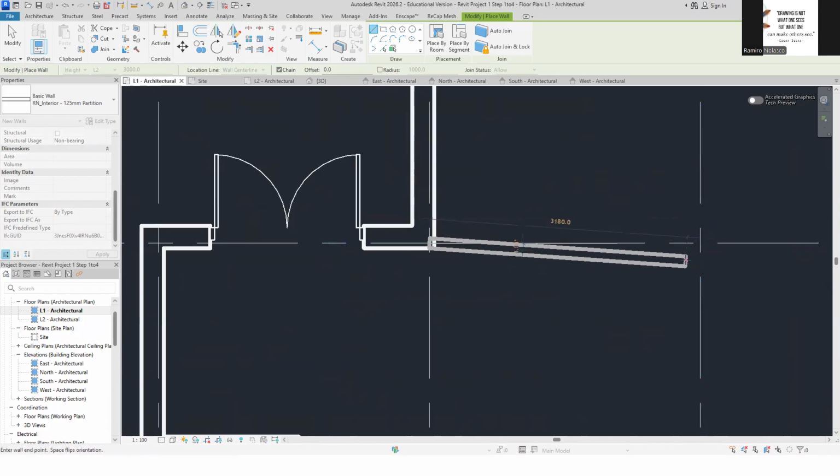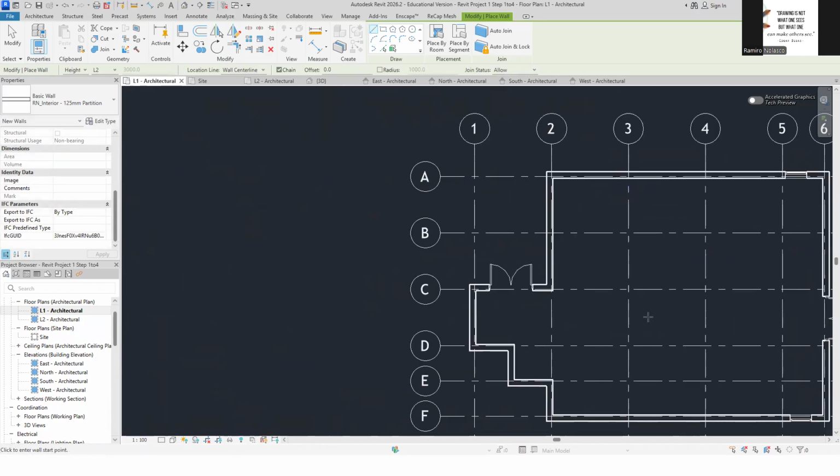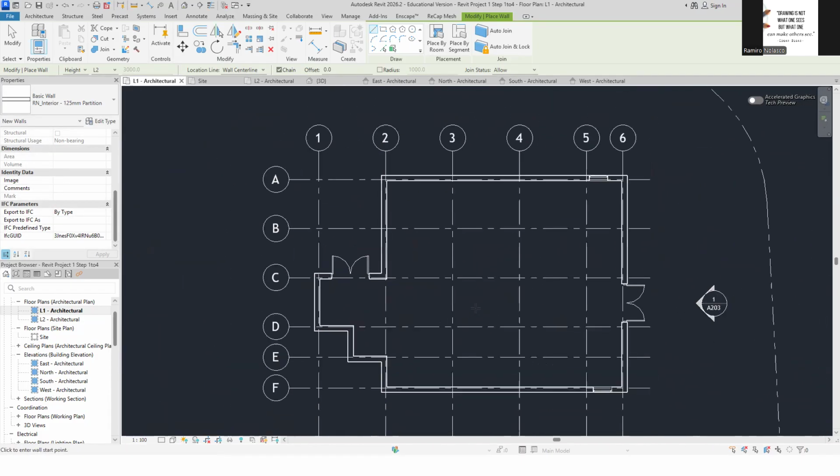But we need our column first. But that's a brief introduction to Revit. You now know how it works. When you go to the tutorial, Revit Essential Training, it will be easy for you because you already know how Revit works. Okay, so I encourage you to go through that tutorial,